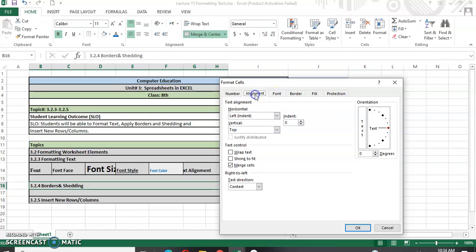Then comes your alignment, which is also present in the Format Cells dialog box. Here you can see that text alignment is horizontal. With horizontal, you can change left indent, center, right, fill, justify, center across selection, distributed indent. These are different settings related with text alignment. Vertical is top, center, bottom, justified, and distributed. With this, you can also give different orientation to the selected cell contents.